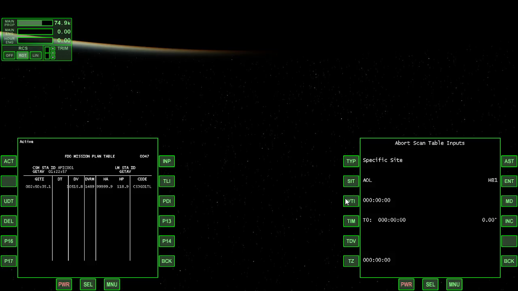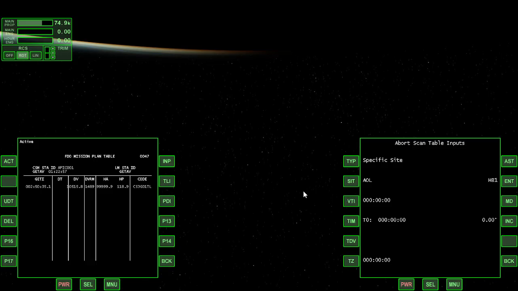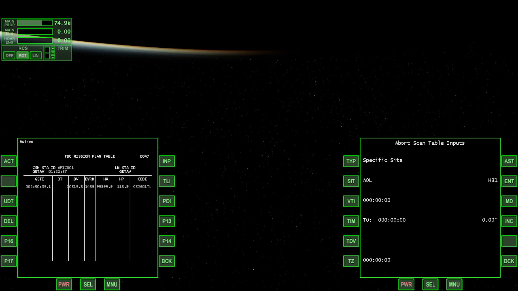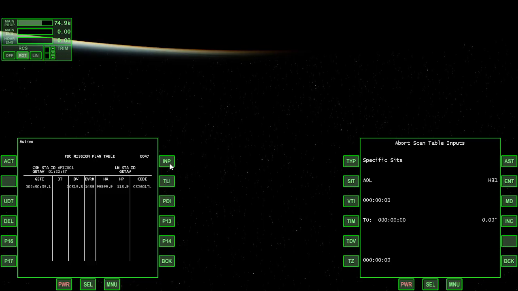Now we need to pick a time that's after TLI and after undocking. For undocking, we can be generous and say that's about 1 hour after TLI. So we'll go ahead and hit input